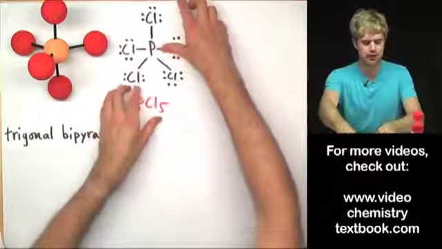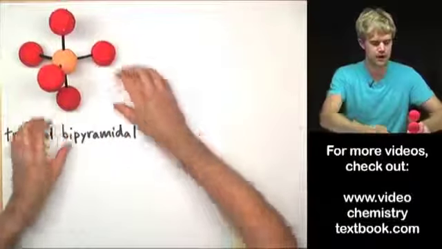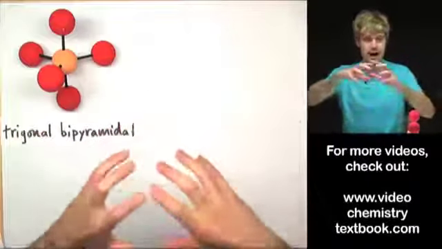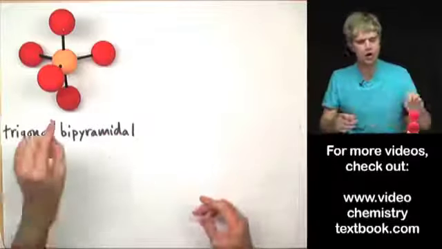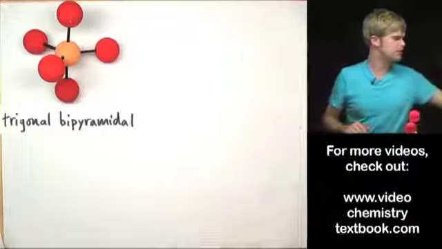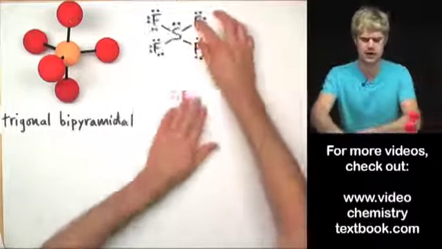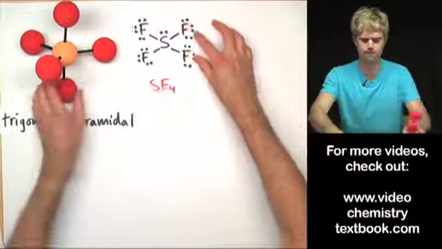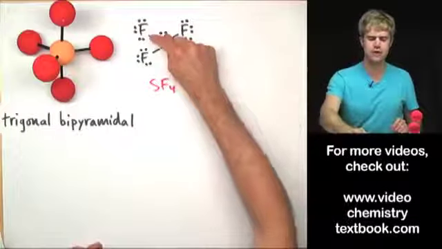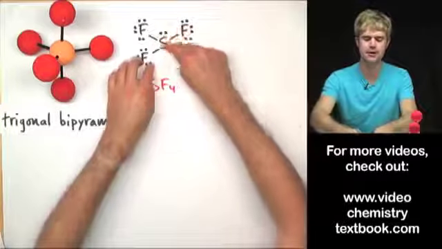I'm going to keep the trigonal bipyramidal up here because all of the other shapes for molecules that have 5 things around the central atom are related to this trigonal bipyramidal shape. Okay, so here is the next molecule. We'll take a look at SF4. And what this has is 4 bonds around the central atom, but then it also has this